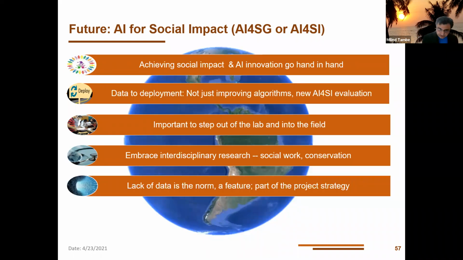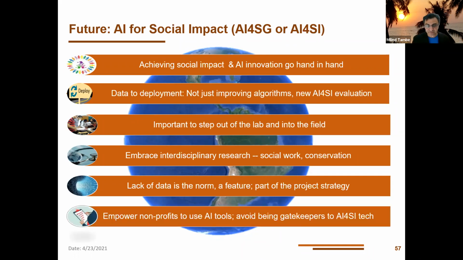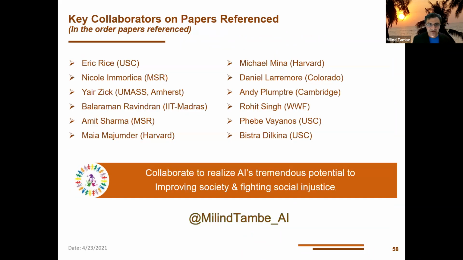Lack of data is the norm. You saw there's no social network that's really available. There's all sorts of challenges that we have about the state of the patient, whether they took their medicine or not. So lack of data is the norm, a feature of the domain of this whole area of work, and must be part of the project strategy. And finally, our ultimate goal is to empower nonprofits to use AI tools and avoid being gatekeepers to AI technology for social impact. I wanted to thank all my collaborators,